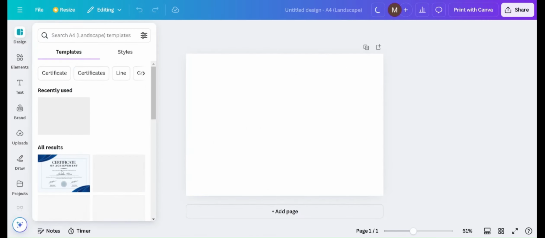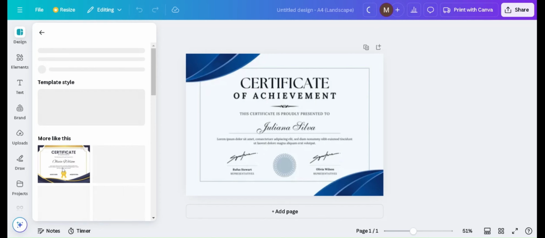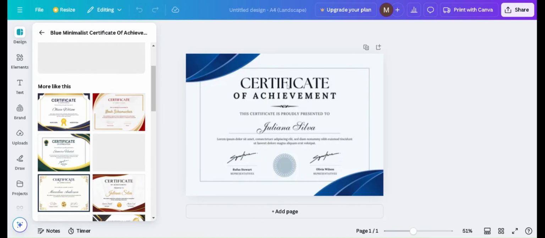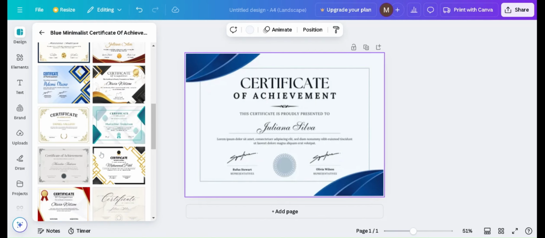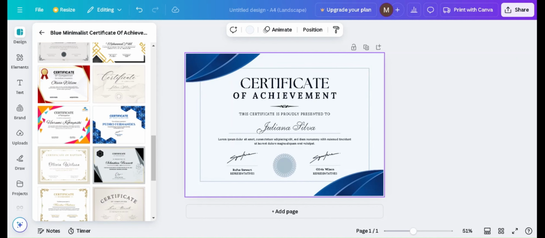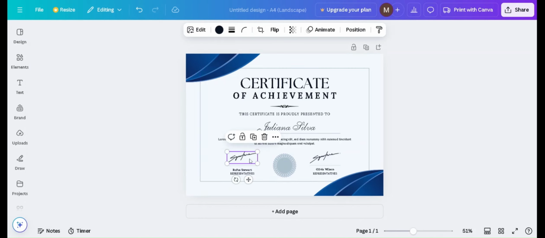Similar to resumes, you can upload your existing certificates and modify them as needed. Canva offers a range of templates created by various organizations, allowing you to tailor your certificate to meet your specific requirements. The editing process is straightforward, enabling you to change any aspect of the design. Finally, we will